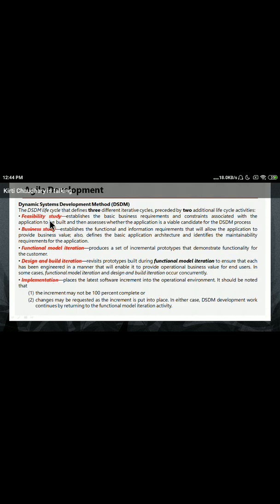So the first one, feasibility study. Many things are already explained, so I will just go through that. Establish a basic requirement,